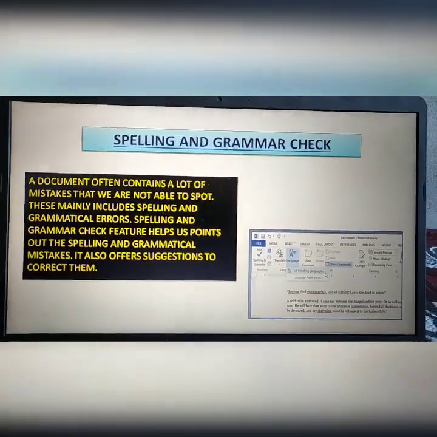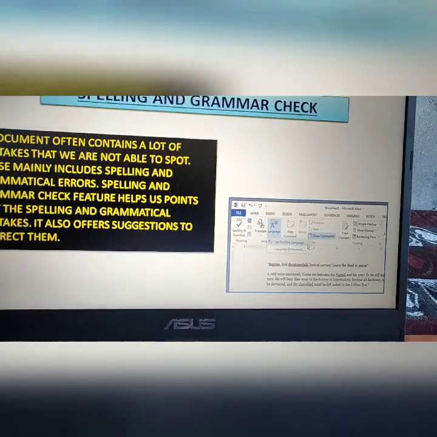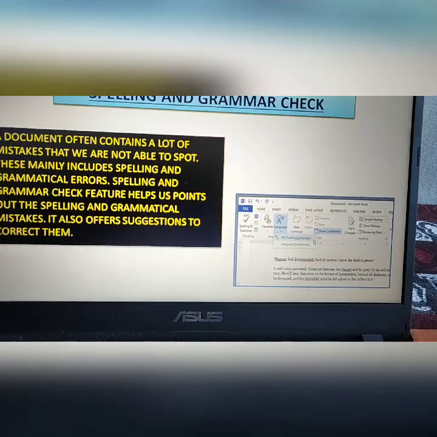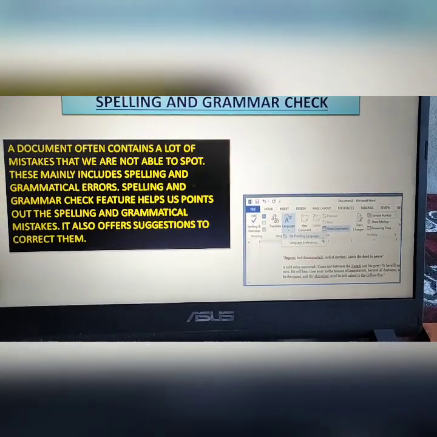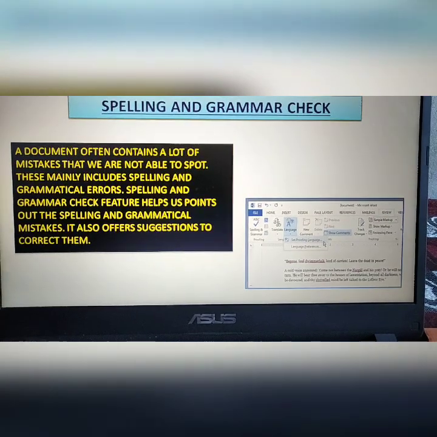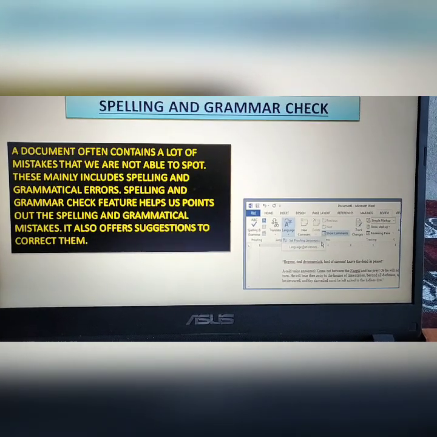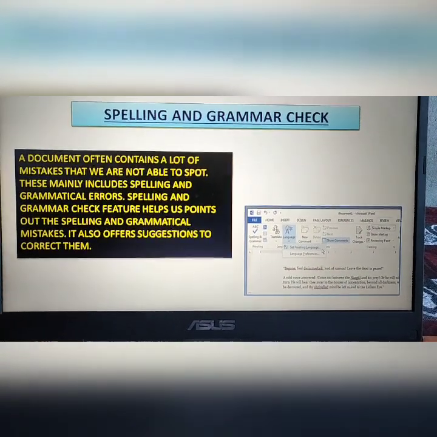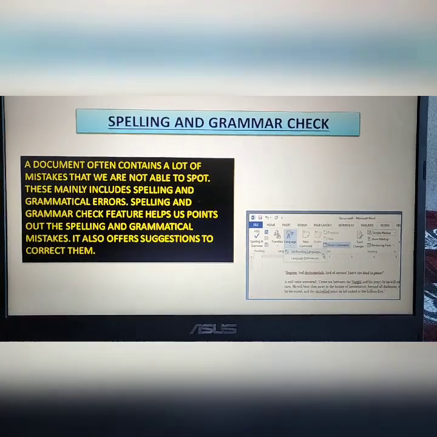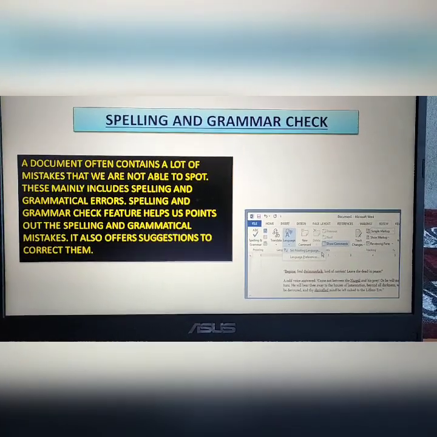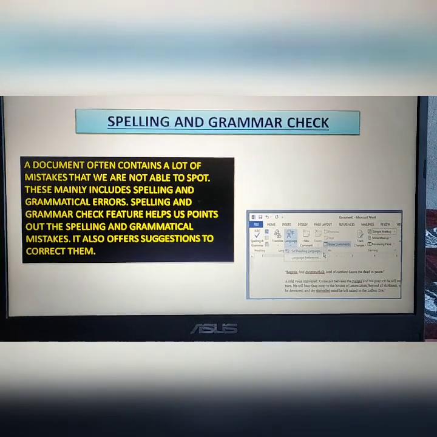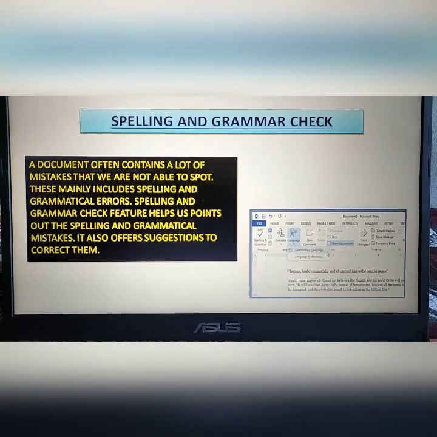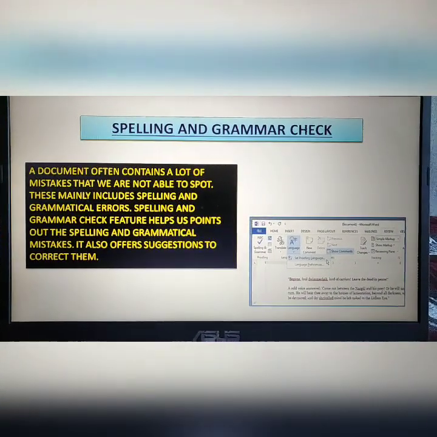And see here in this figure, there are some lines, and among these lines some words have red wavy lines. So what is the meaning? That means that the words have spelling mistakes, and if a blue line is there, that means that the words have grammatical mistakes. But in this figure, a blue line is not there, only red lines. We see the red lines, so spelling mistakes are there. So this is the spelling and grammar check feature.